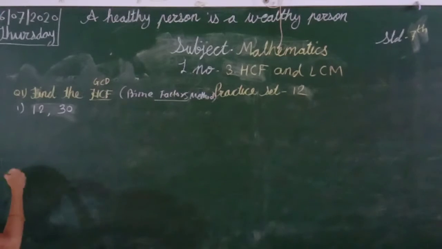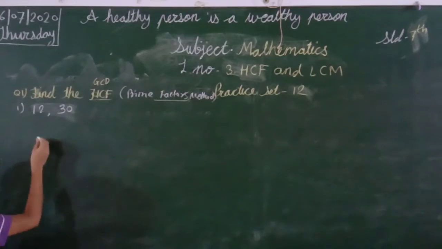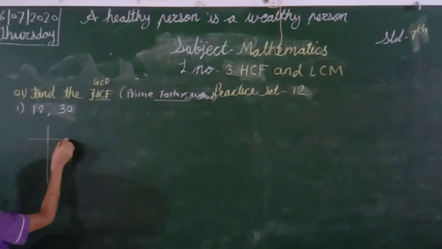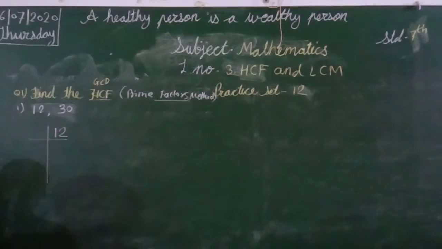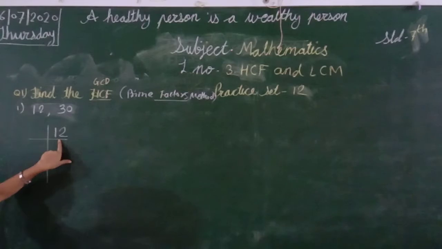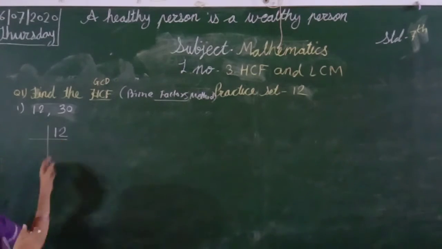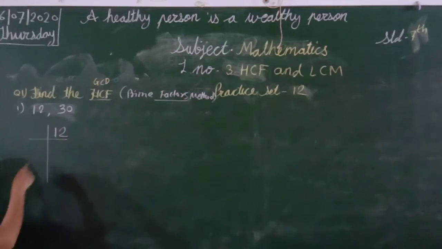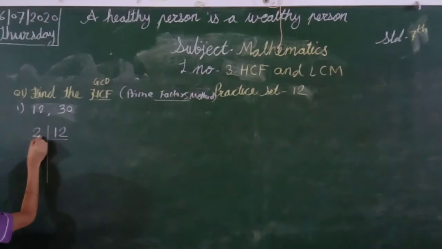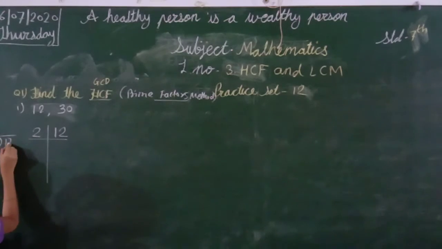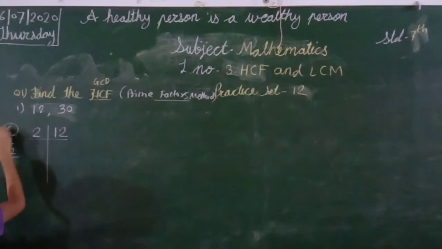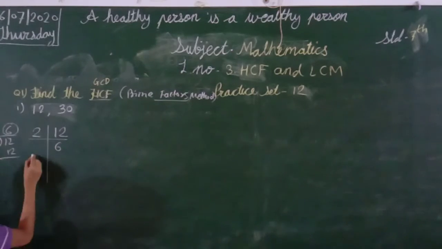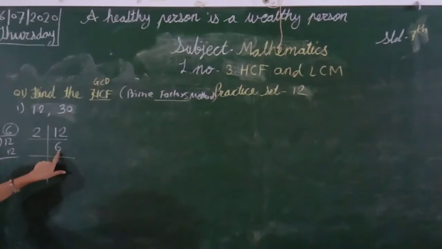First we will see the vertical method. In the vertical method, we take 12. Now students, see here 12. Which numbers will divide 12? Students, go from the smaller numbers to the bigger numbers. First, 2: 12 comes in the table of 2, yes, so divide by 2. 2 sixes are 12, so which number will come here? 6. Underline it. Now the number 6.